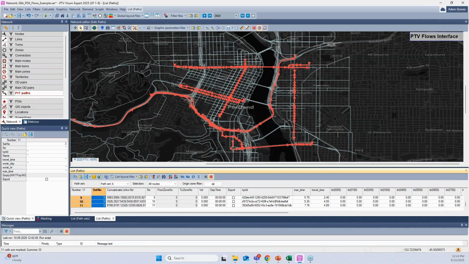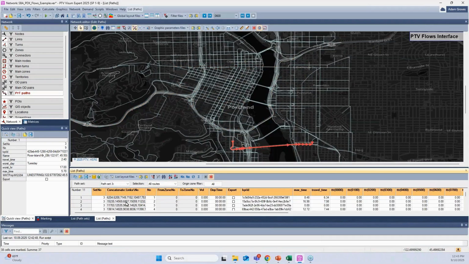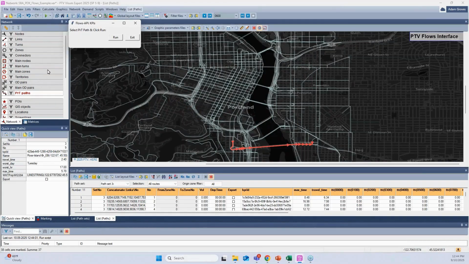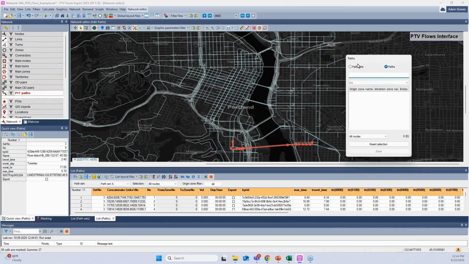So the next script we have is we can actually get some more detailed information about one of these KPIs. So if I drag, I have a heat map script here. If I drop that into Zoom, it's going to give me this little dialog box here. I can hit paths. And if I select,